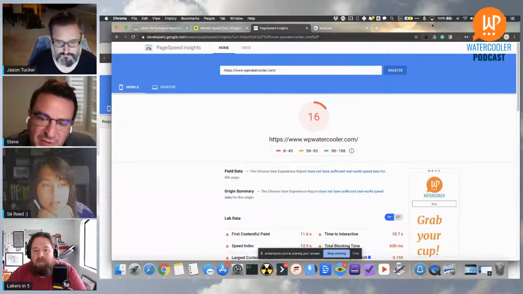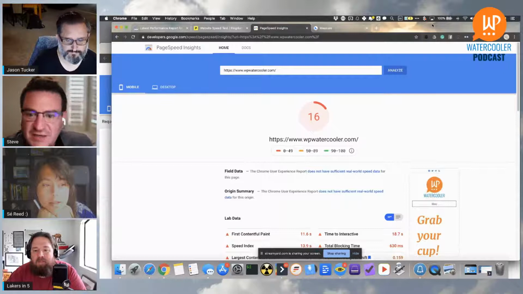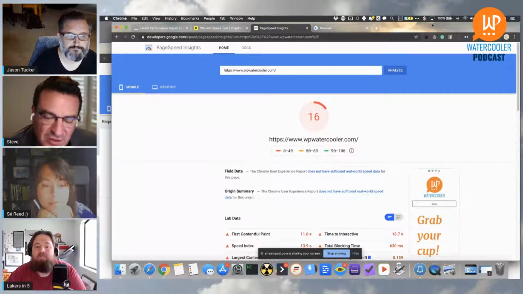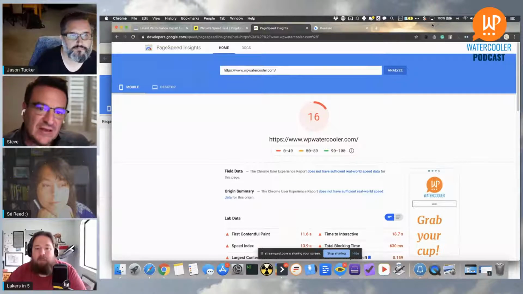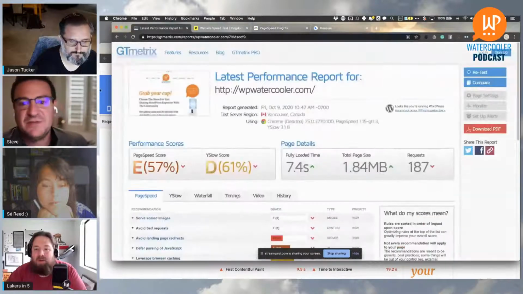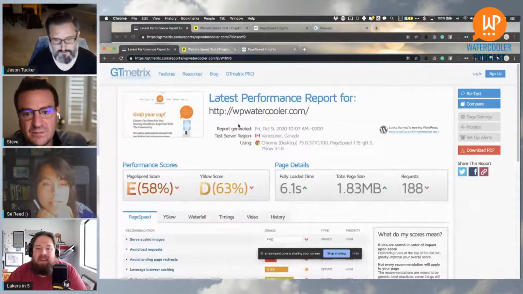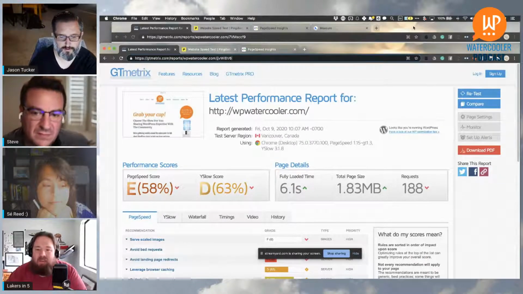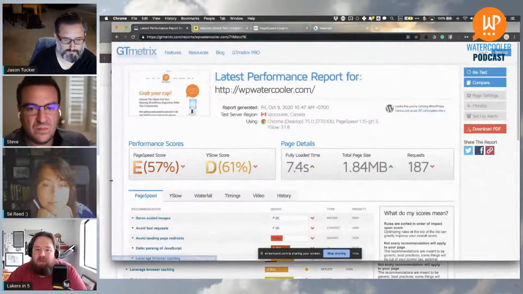So part of the reason those aren't changing is probably related to third-party scripts and images, right? Yeah. Your design didn't change, even though you added the stuff, and your third-party scripts aren't affected by this. So that's why your scores aren't changing that much. Yeah, and third-party scripts are like the death knell for everything. Absolutely.